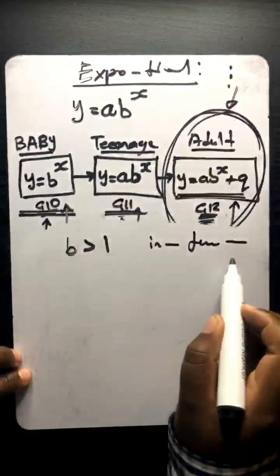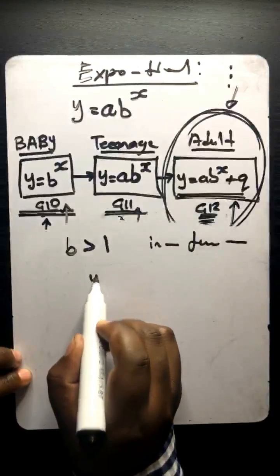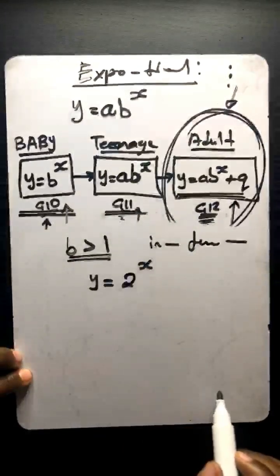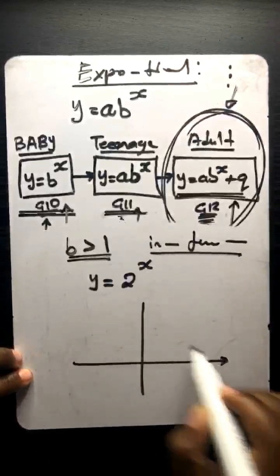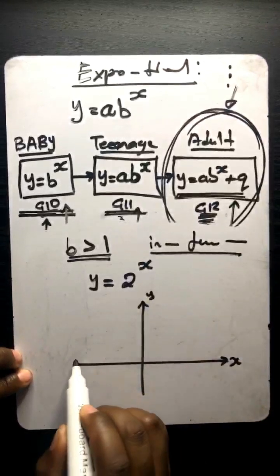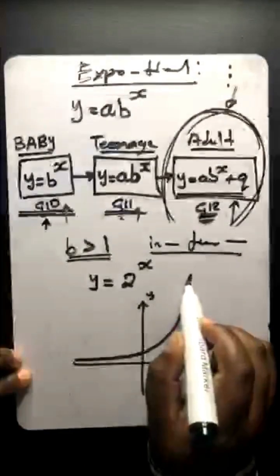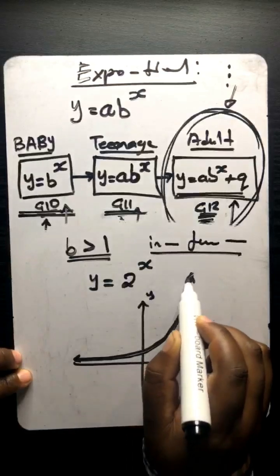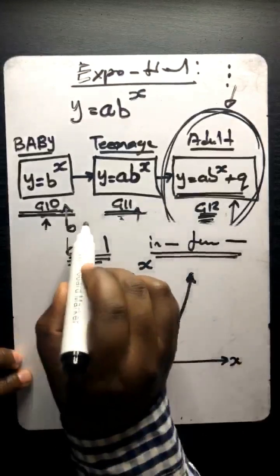Sometimes if it's given to you like that in a textbook, it doesn't make any sense. But the moment we say, as an example, y is equals to b to the exponent x, if it's greater than 1, maybe, for example, you have 2 to the exponent x. And when they say you are having an increasing function, they say on a Cartesian plane, your function will look like this. Can you see? It's increasing. Look at how it increases. Can you see how I'm drawing this? It's increasing. You start from left, going to the right in that increasing trend. That's what this means. But now, if the b value is less than 1,